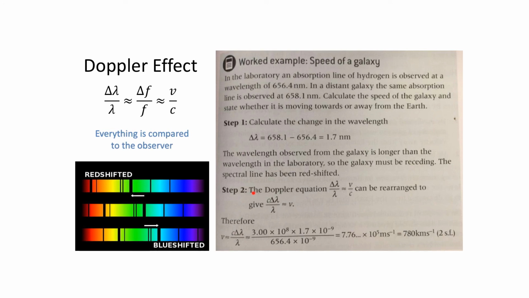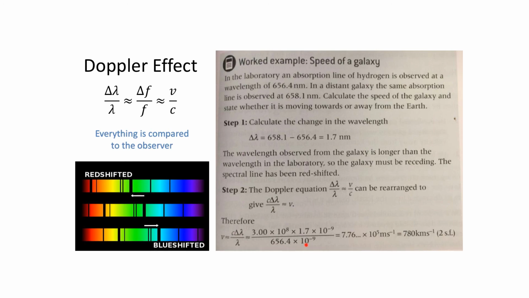So part 2, the Doppler equation. We don't always use all of the equation, so we haven't got anything to do with frequency, so that bit can disappear. So delta lambda over lambda is roughly equal to v over c. So just rearrange it to find out what the speed of the galaxy is. So now we've got the speed of light, 3 times 10 to the 8, multiplied by our change in wavelength, and then we're dividing through by